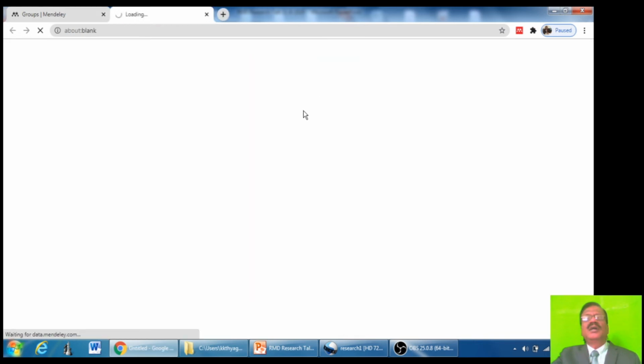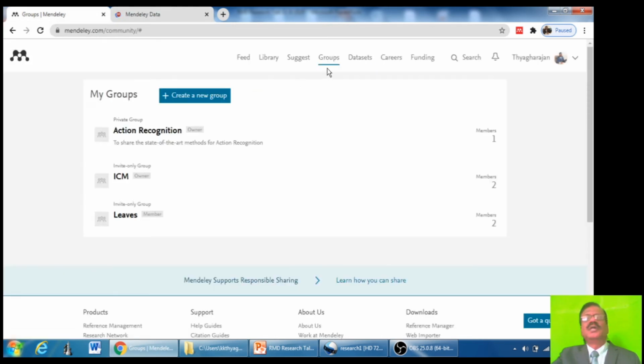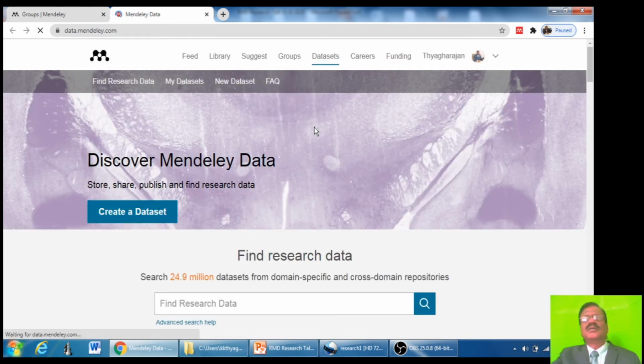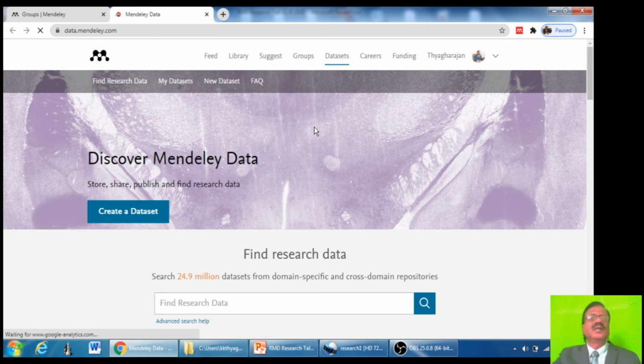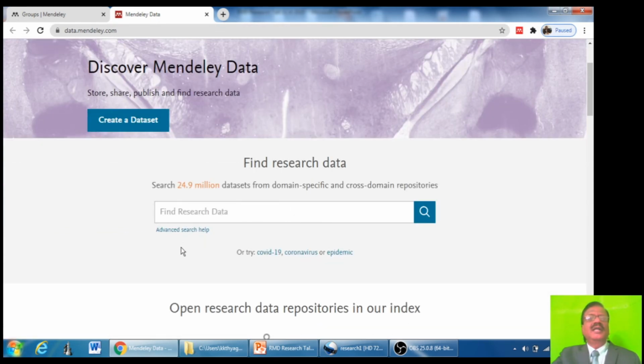Then data set. That is, click on this dataset page. If you want to create dataset, you click on this button and you can upload datasets.